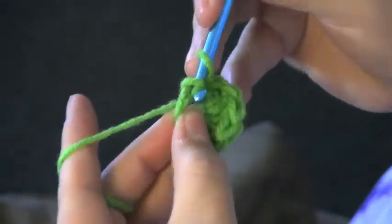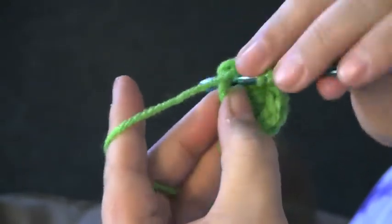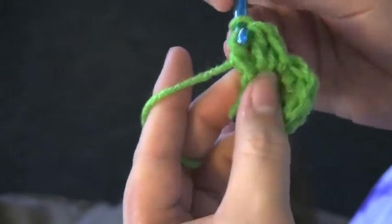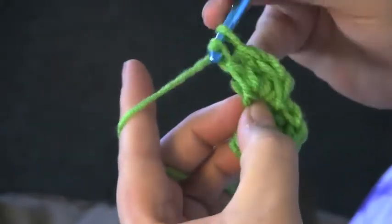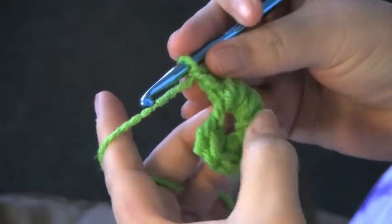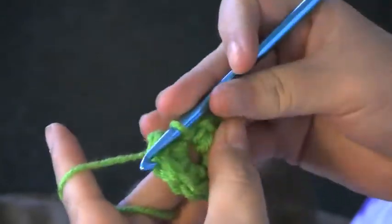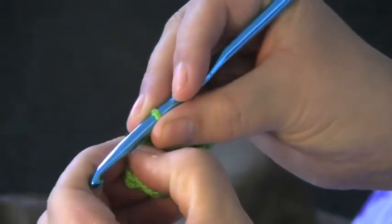Okay, I'm going to do them faster. Okay, pull through 2, pull through 2, yarn over, go through, get some, pull through 2, pull through 2, yarn over, go through, get some, 2, 2, yarn over, go through, get some, 2, 2, yarn over, get some, 2, and 2. Is that 5 or is it 4? 1, 2, 3, 4, 5. It's 5. Okay, now I'm going to go down here and I'm doing another slip. Every petal in my flower is going to be 5 double crochets